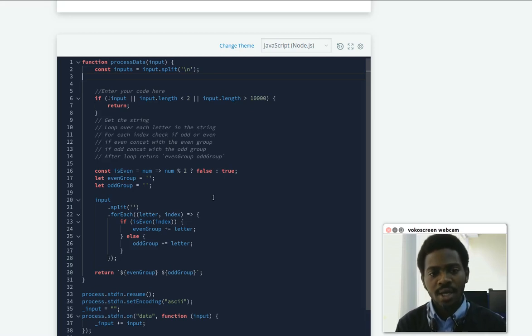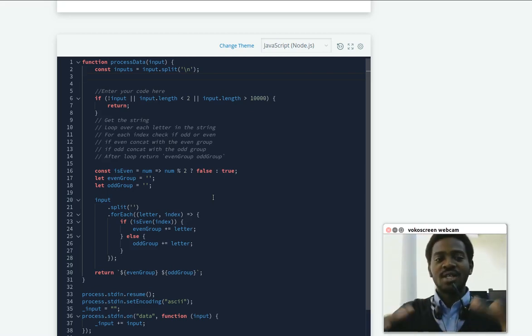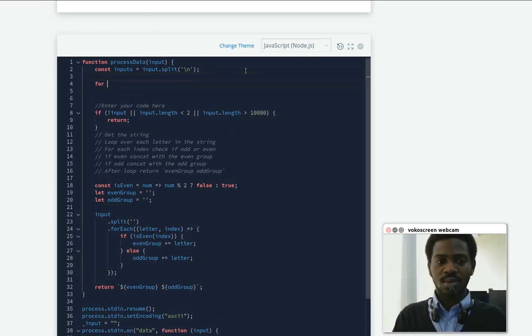So I guess I would like to use a for i in this place. Why? Because I want it to be in the same line, straight up from top down. I don't want any callbacks. Well, it's your choice basically. Let i equals 0, i less than inputs dot length,